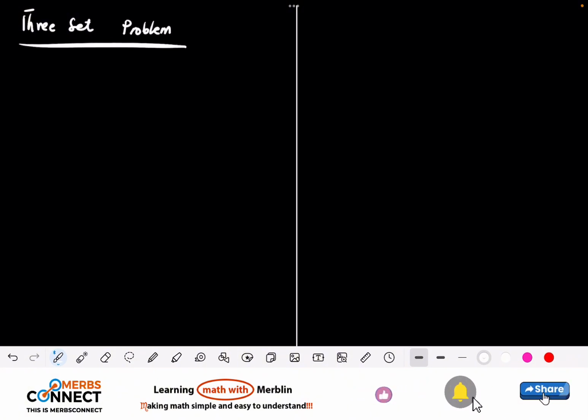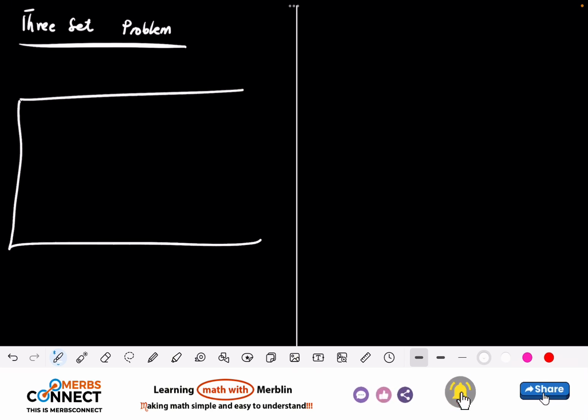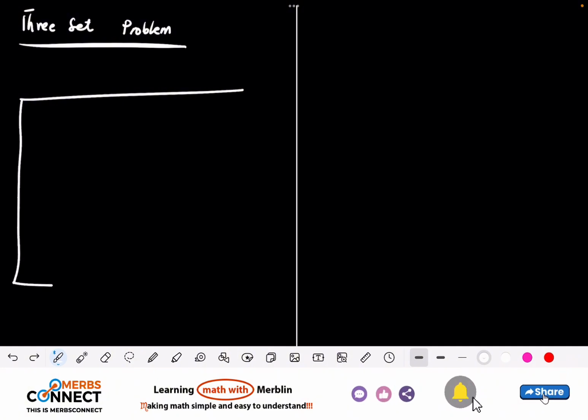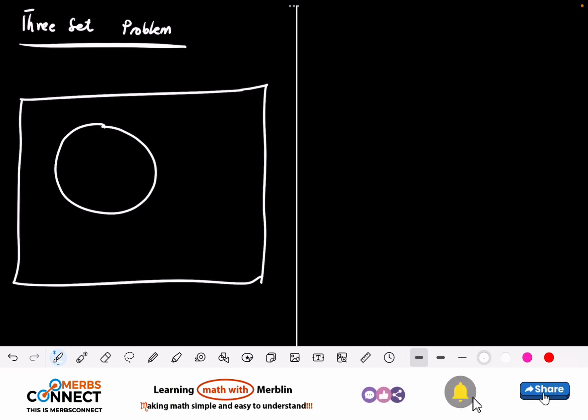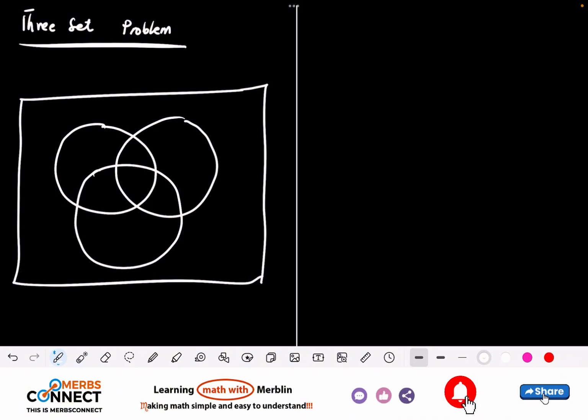Okay, so let's assume I have this rectangle box here. Let me expand this one small because I'm going to have three circles. I have one circle here, another circle here, and another circle here. So you see that the circles are three. So three set problem. Let me assume this is A, this one is B, and this one